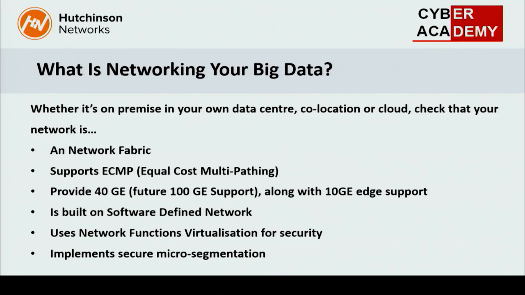The underlying network should be based on a modern network fabric, not based on traditional spanning tree Ethernet. Things like equal cost multipathing, you should be looking at 40 to 100 gig support between your leaf and spine, or the core of what the fabric is. You should be looking at a minimum of 1 to 10 at the edge for connectivity down to servers, but possibly future for 25 and 50.